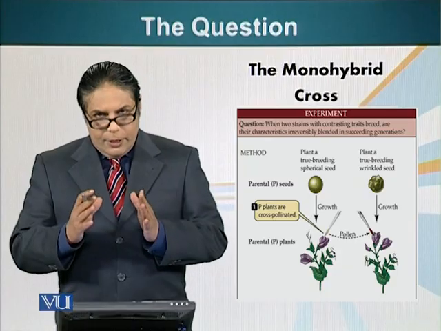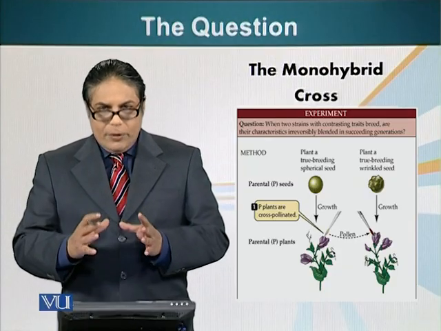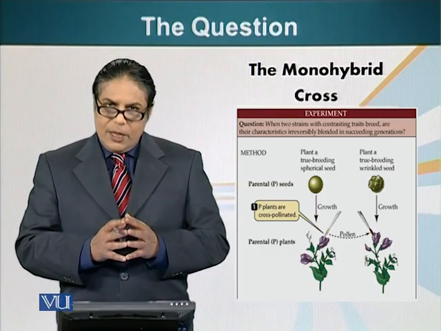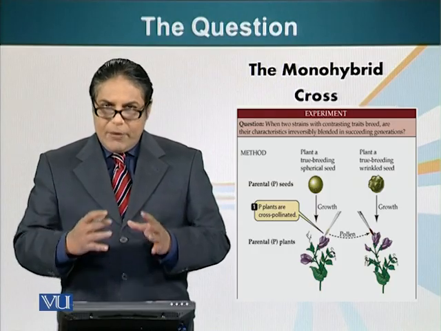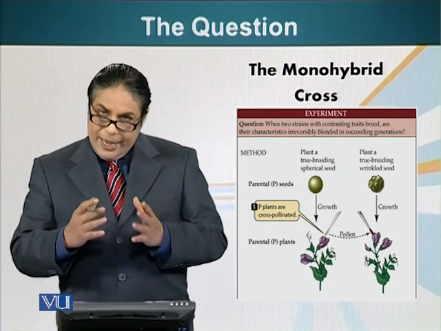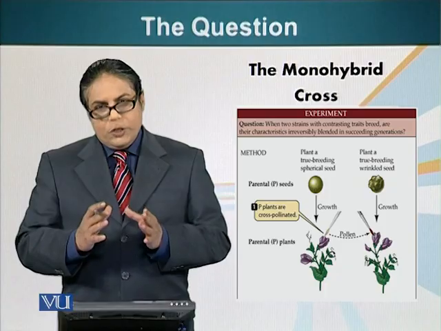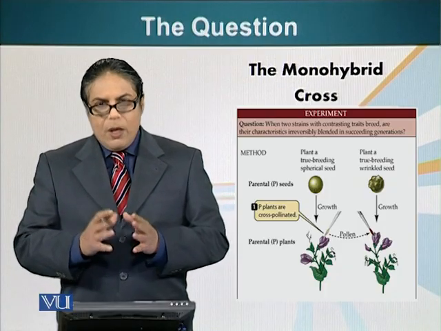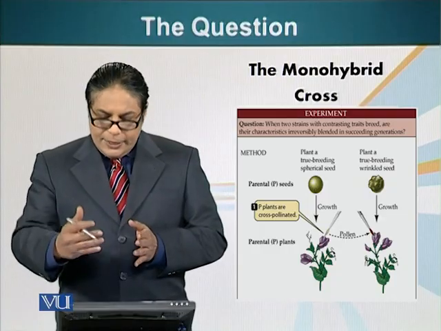The first experiment he did involved the shape of the seed. Mendel noticed that there were two types of seeds, a spherical shape and a wrinkled shape. Before he began his experiment, he wanted to ensure that the plants were true breeding. What do I mean by that? He crossed